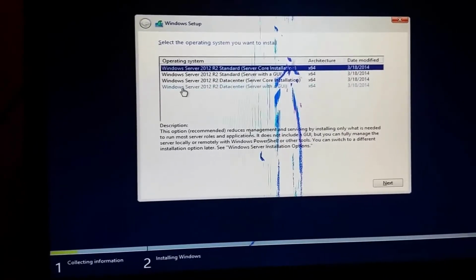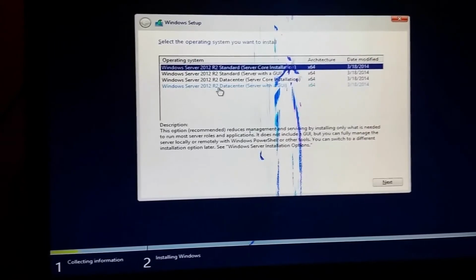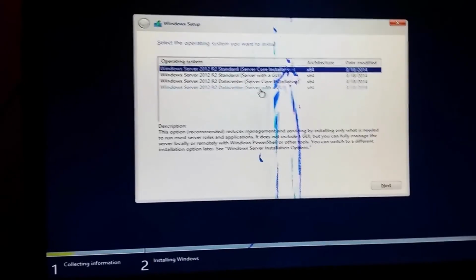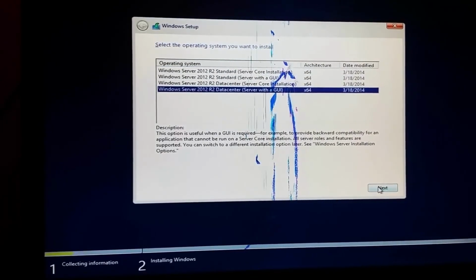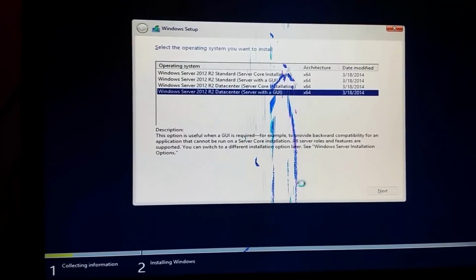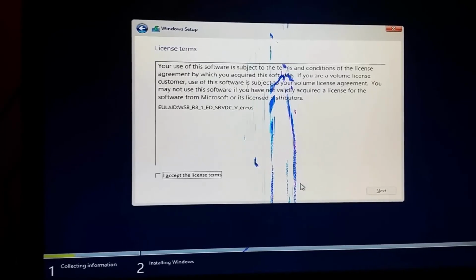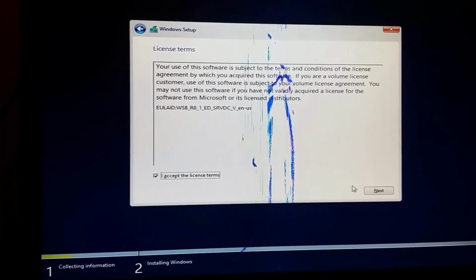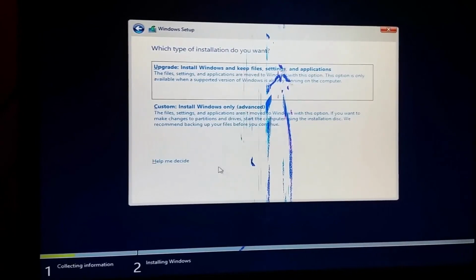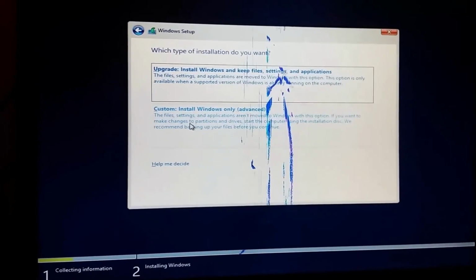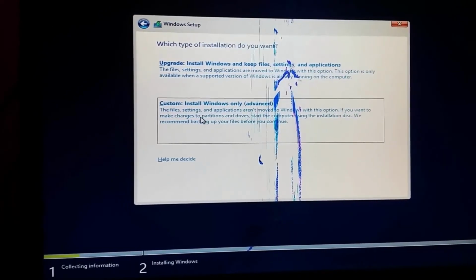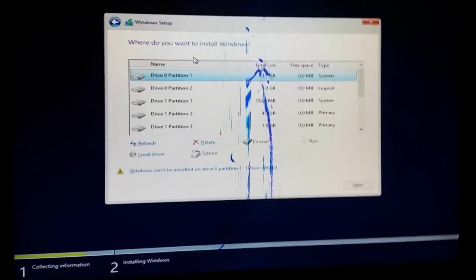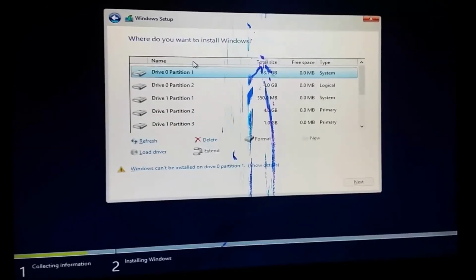So we will pick the fourth option, which is Windows Server 2012 R2 Datacenter with GUI, whatever you want to call it. So click next, and then you will accept the license terms. Click next. Here we will basically pick custom install. Okay, custom, and then you get partitions and everything. Now if you were to do this with a